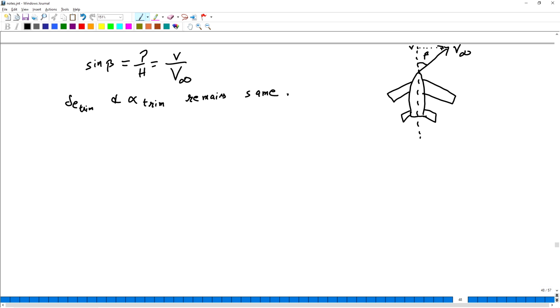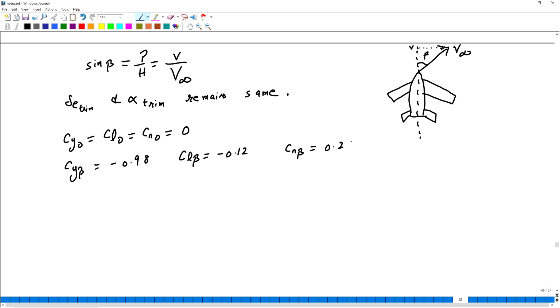So, here we have Cy naught equals Cl naught equals Cn naught equals 0, Cy beta equals minus 0.98, Cl beta equals minus 0.12, Cn beta equals 0.25,